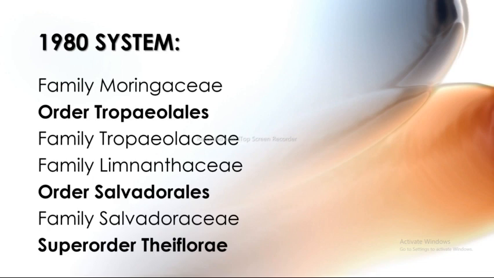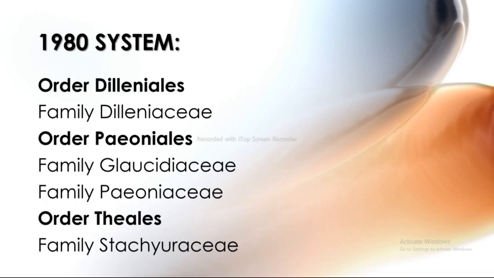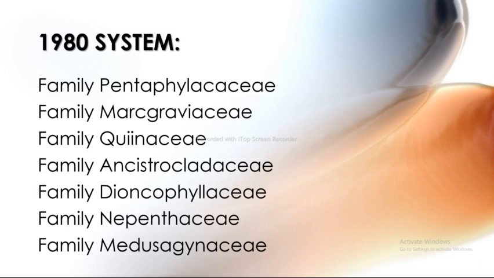Next superorder is the Theiflorae, and it includes the order Dilleniales. It includes family Dilleniaceae. Next order is the Paeoniales, and this Paeoniales includes the family Glaucidiaceae and Paeoniaceae. Next order is Theales, and it includes the family Stachyuraceae. Next is the Pentaphylacaceae and Marcgraviaceae,